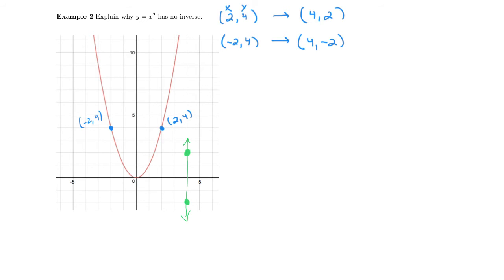So visually, it is really easy to see if your function does not have an inverse. It's called the horizontal line test. If you can find a single horizontal line, it just has to be one, that goes through the graph 2 or more times, it means that your function does not have an inverse. So this is the horizontal